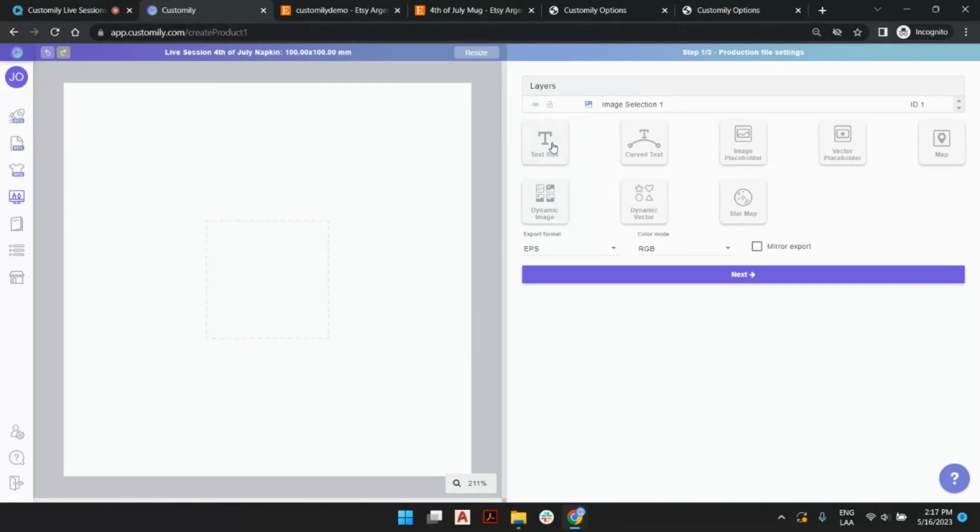Within these text elements, we can change the fonts, change the colors, and rearrange them any way we want on the design. We can also create placeholders, images, and vectors. These objects are meant for our customers to upload their own images. And I invite you to go back to some other live sessions to see how they work, because they have a lot of tools and amazing settings that will help you